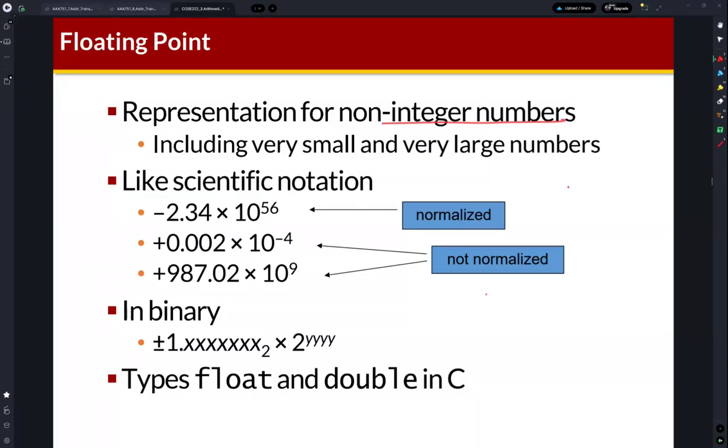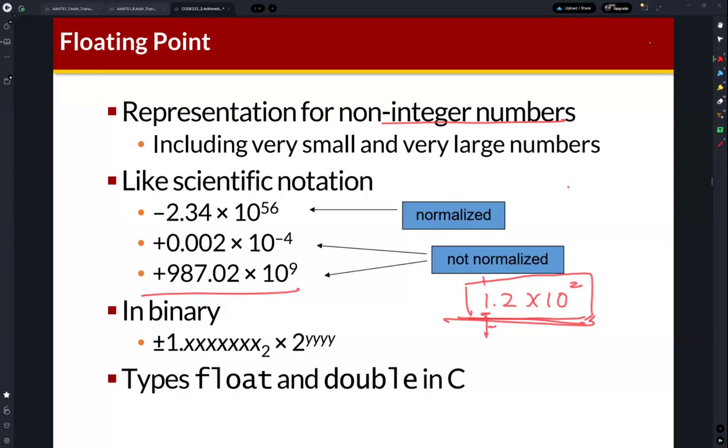Like we can use 1.2, right? And then multiply by 10 to the power of some number, right? So this is the scientific form of a floating point number in a decimal number system, right? So these floating point numbers can be normalized or not normalized. So this is the example. If this part, the left side of this dot, has only